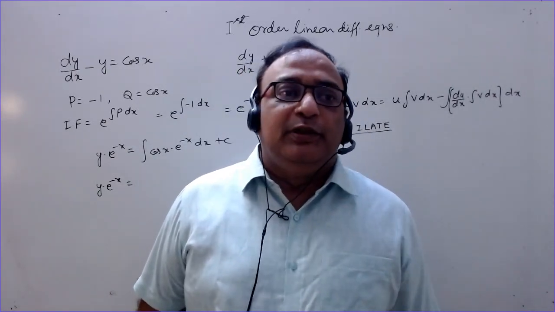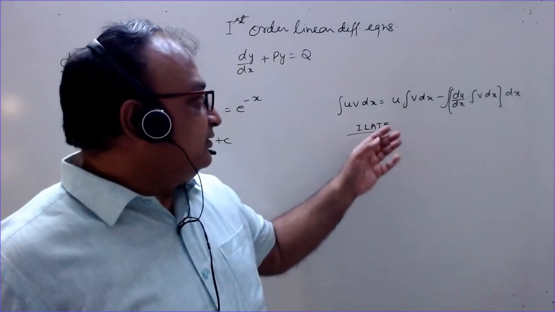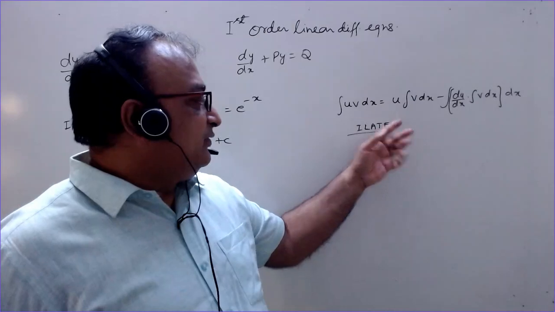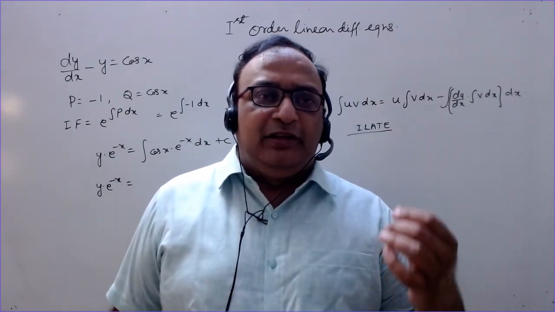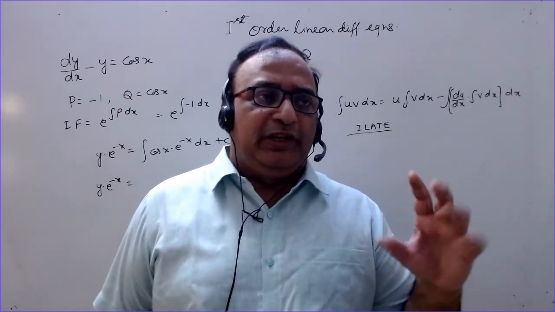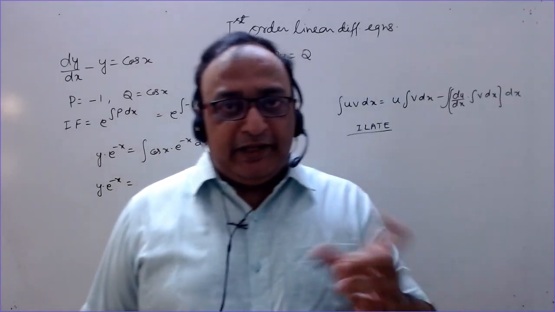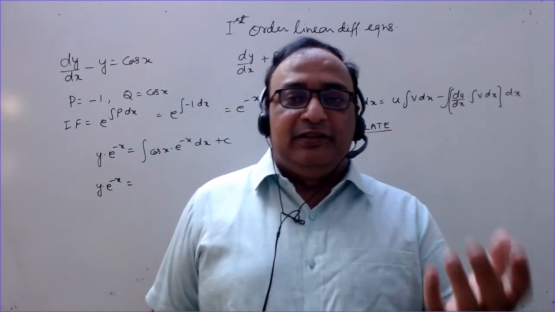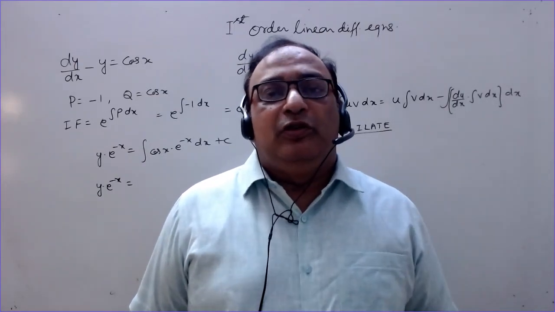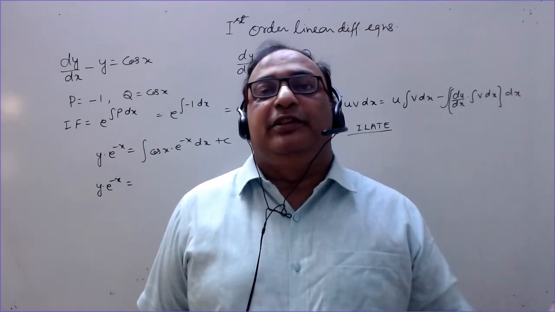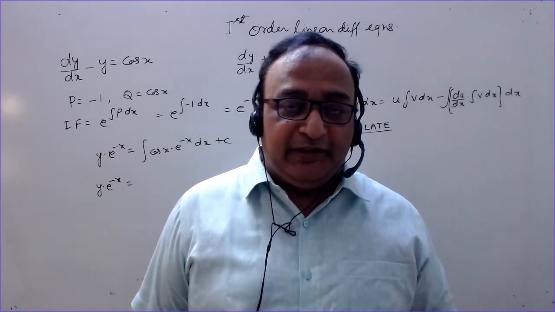So it depends upon your judgment which function should be taken as first and which as second. Here we have an exponential function given in the end, so you can take this function as second function. If you have a polynomial function like x, x square, and you take it as second function, then x will be integrated to x square by 2 and so on. So that function value will increase continuously, and it will be very difficult for you to perform the integrations. You have to take it as a first function.